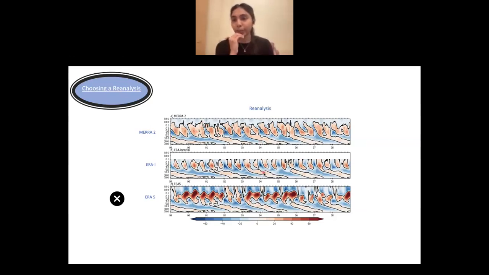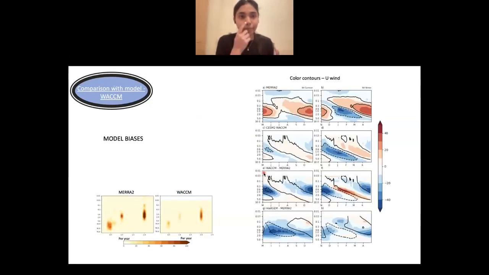And this is actually true when we look at the observations too. The westerly wind regimes are kind of longer in observations. Also, MERRA2 assimilates MLS observational data from 2004 onwards at these heights. So it is better to stick with MERRA2 for now as our truth, and we will move forward with reanalysis MERRA2 and compare it with the model data.